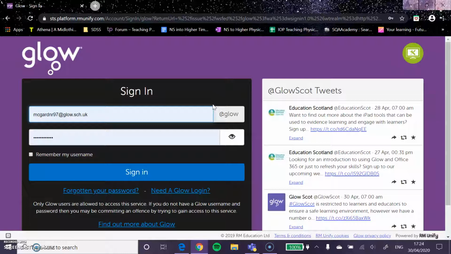So if you open up your web browser, obviously I'm doing this on a laptop, but in theory the same steps should apply if you're doing this on a tablet or a phone. If you find that it doesn't work, then please get in touch, let me know, and I'll see what I can do about that. So if you log in to Glow your usual way,